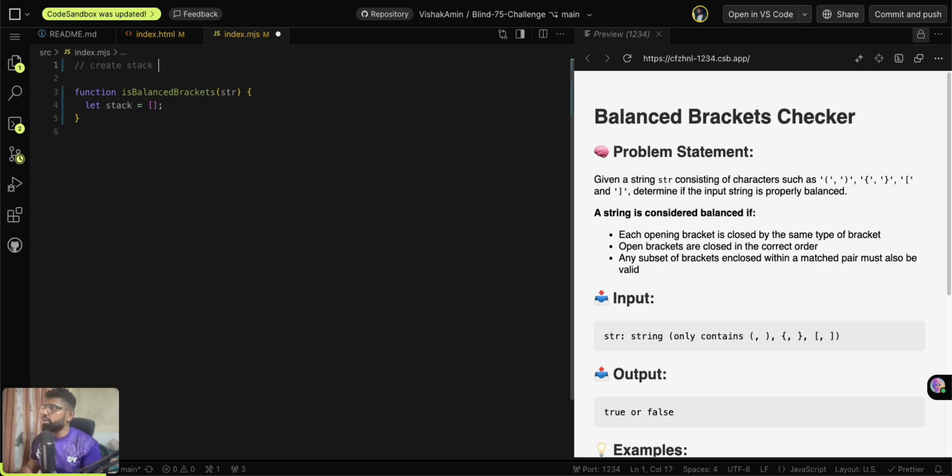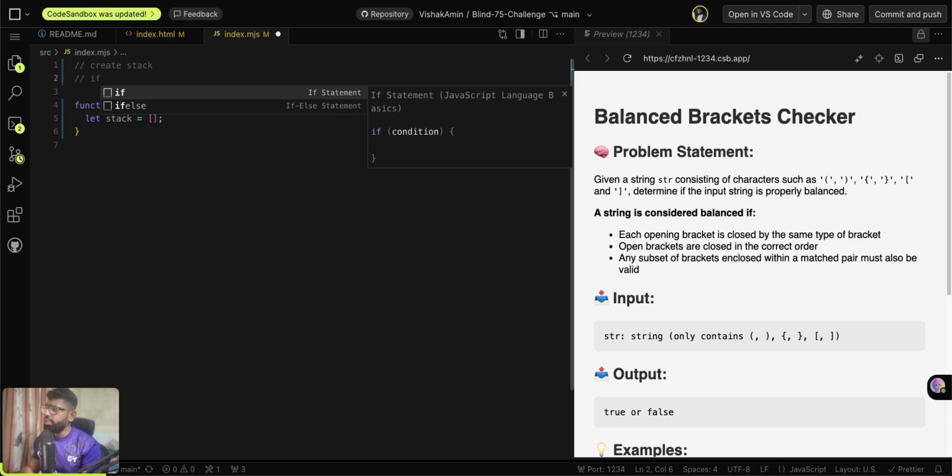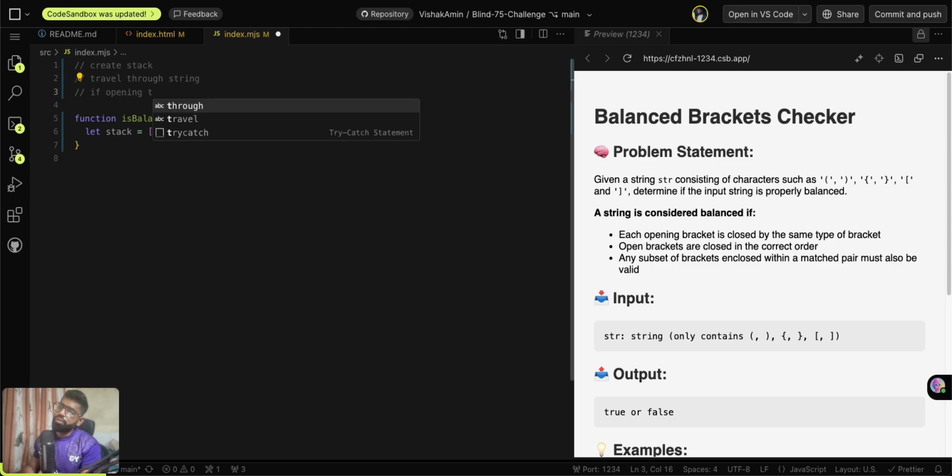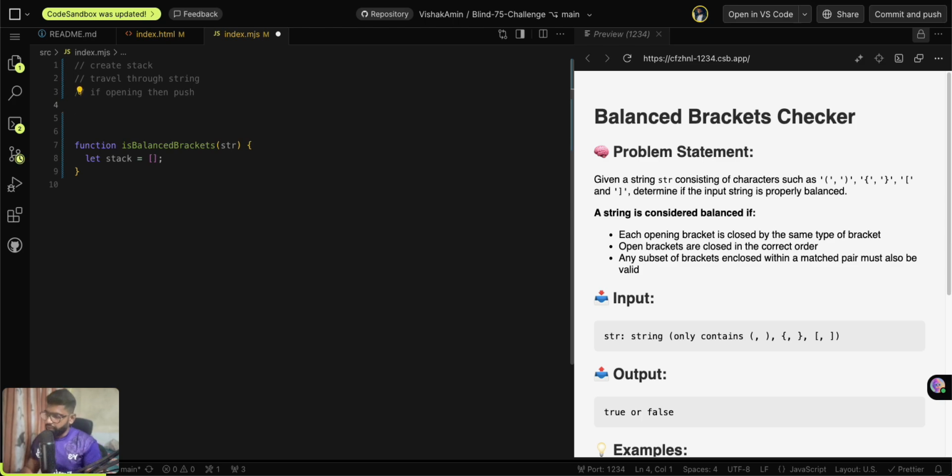So create a stack, and then we need to travel through the string. As we travel through the string, we see if we have an opening parenthesis. If an opening is there, then we push it. Else if it is